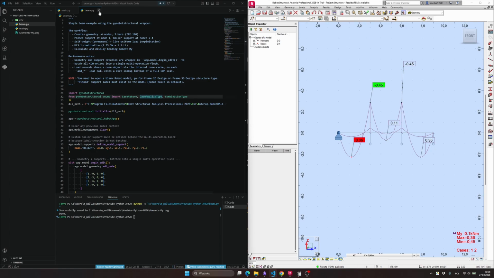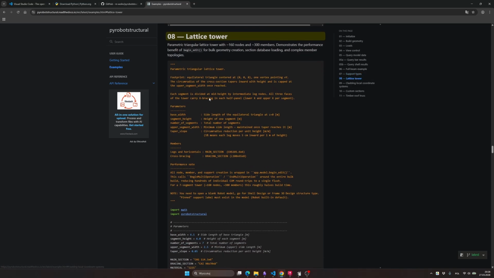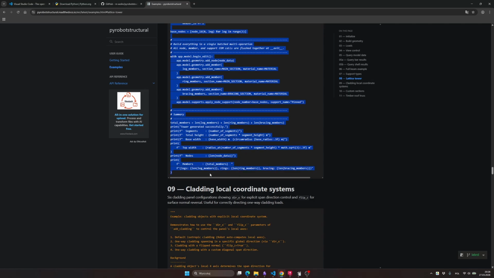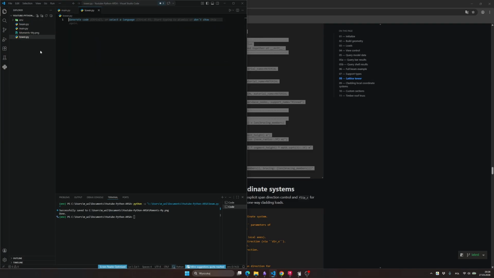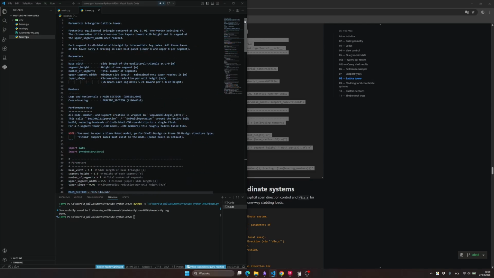The second example I want to cover is the lattice tower. I will go to the lattice tower example, copy the code, back to the VS Code, new file tower.py, paste once again,